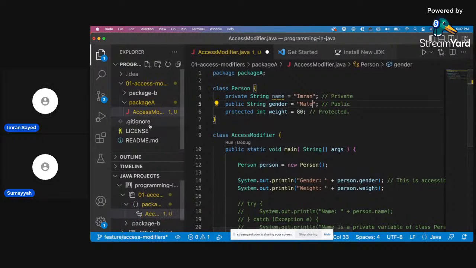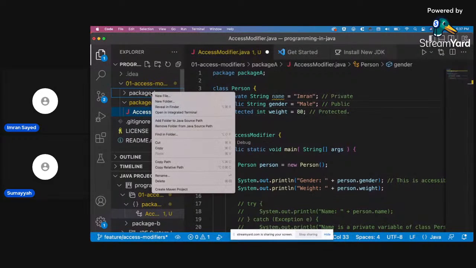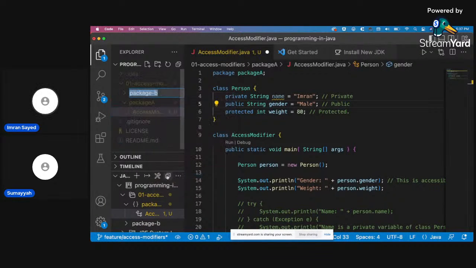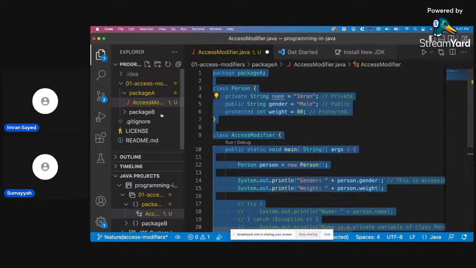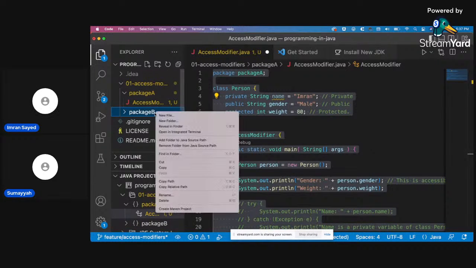That's matching. I guess we can't use a hyphen, or maybe we can. I'm not sure how the hyphen thing works. Now, I'm just going to create another one.